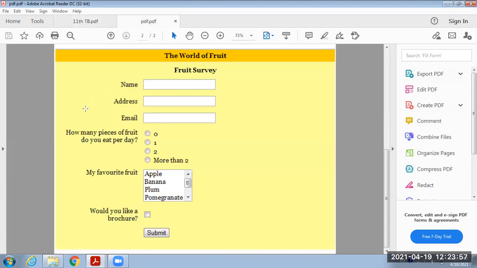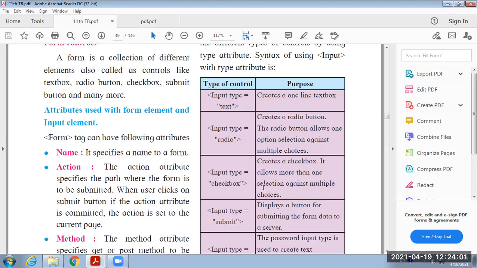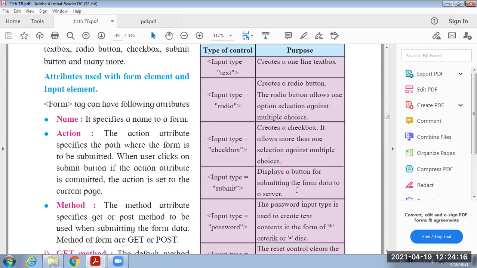Here in this example, checkbox is not displayed. Suppose you are submitting your admission form, and while submitting the admission form, you have to choose your subjects. That time you can use the checkbox for the multiple selection.